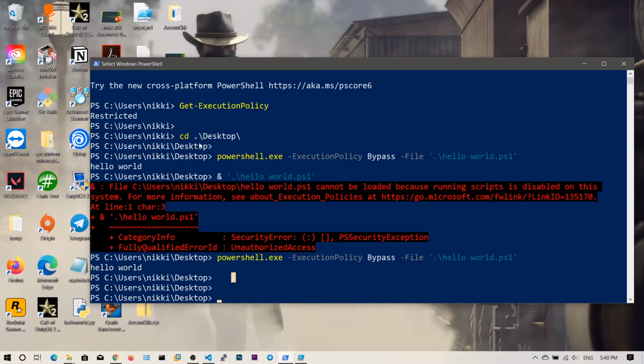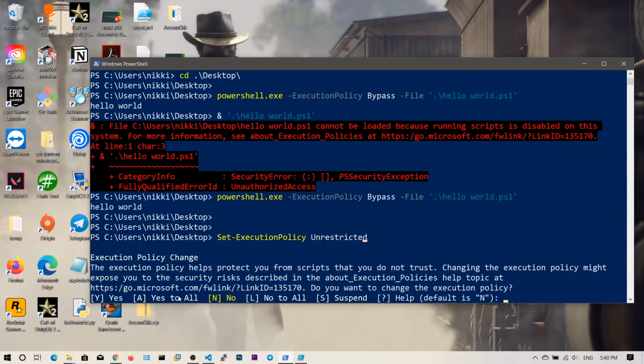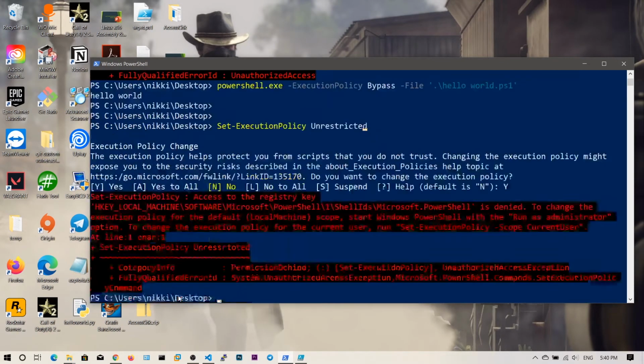So how do we change the execution policy for all the scripts? All you need to do is type Set-ExecutionPolicy to Unrestricted, and then type Y and hit enter.